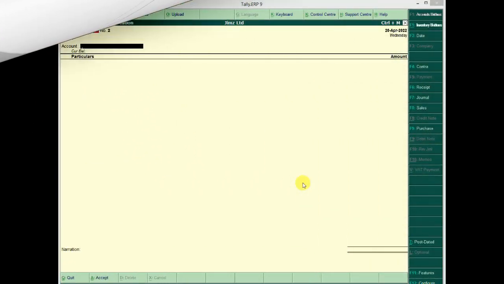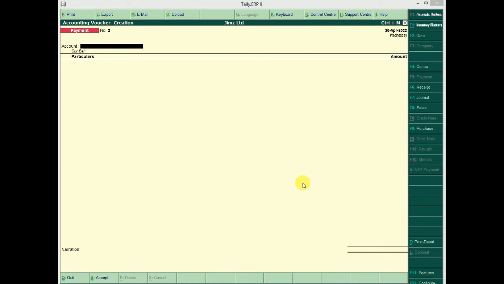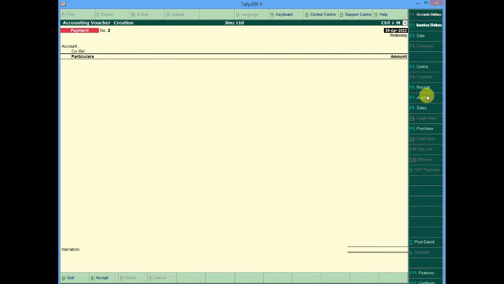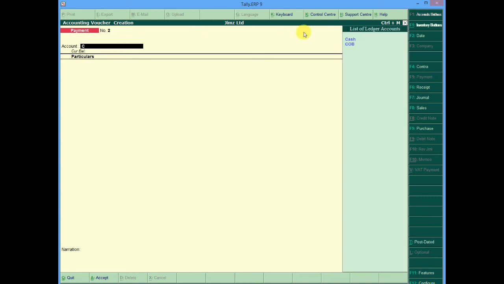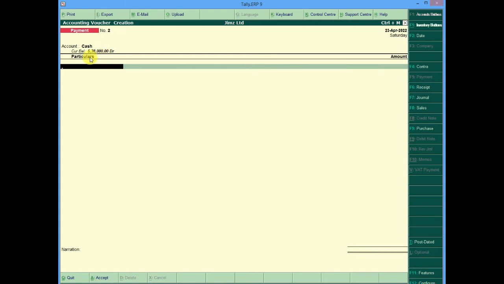Let us assume we are paying off these sets of computers which we are supposed to have got on credit on the 23rd. So we shall go to our payments tab, which is F5. We set the date to 23rd. Here we choose the account from where the money is coming from to pay the account. I press C, it will be my cash account and the COB. I think the cash account doesn't have enough money. If we click in it, it only has